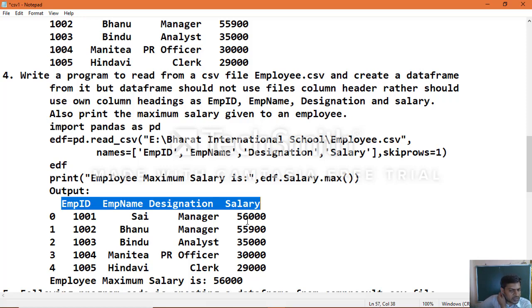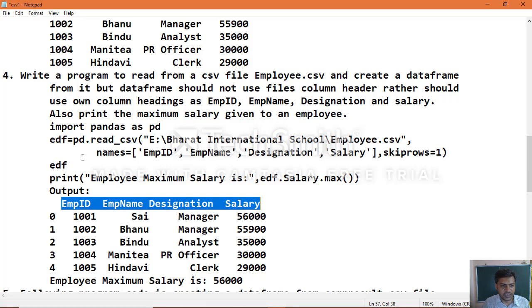Among those, the maximum salary is 56,000, which comes under the column name salary. So the statement which we wrote is data frame object name dot column name dot predefined function max. That way we can get the maximum salary.